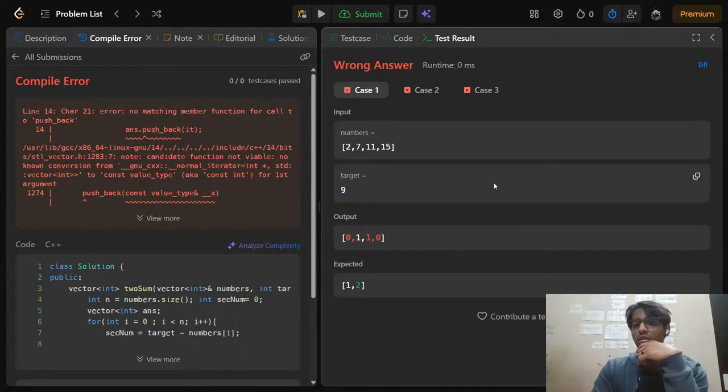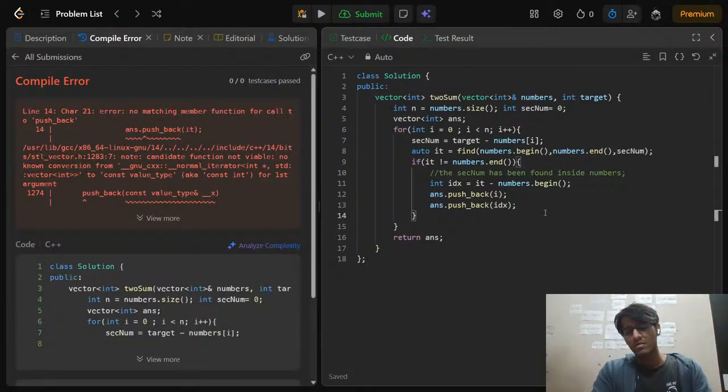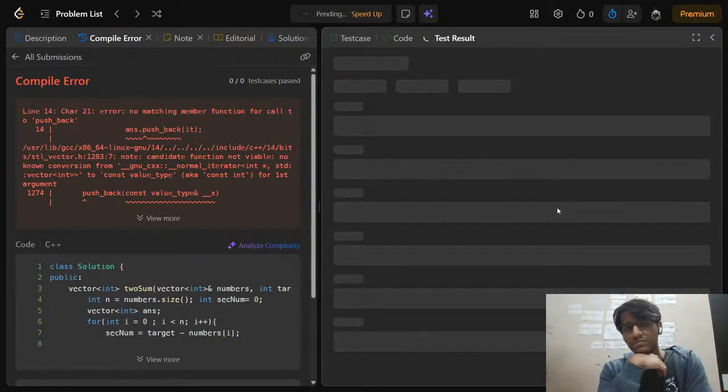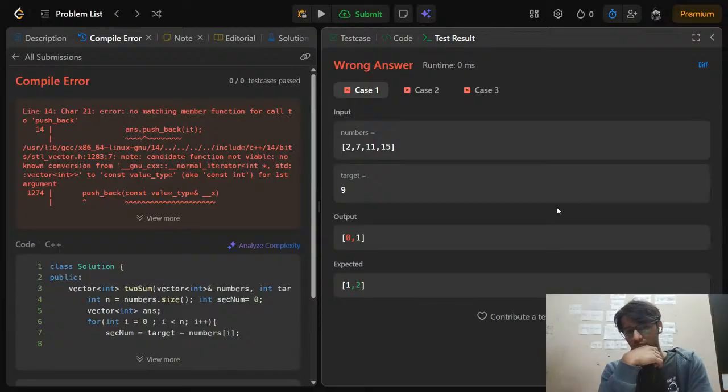0 1 1 0. It's also printing the reverse. So I should break in that case, right? If I found the answer, then I should break. Simple. That's always the problem. 2 7 1 1. So the output is